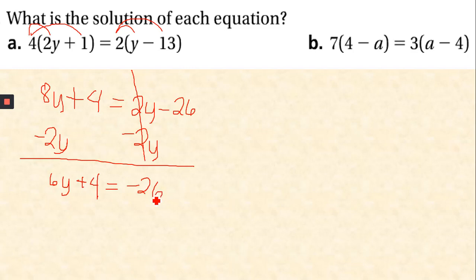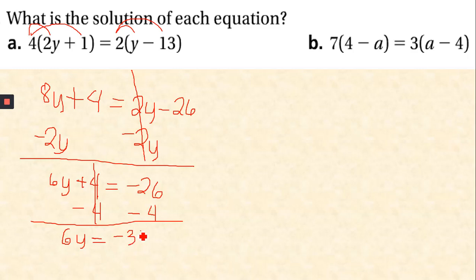26. Okay? You have here positive 4 on the left side of the equation. We need to get rid of this. So what is the opposite of positive 4? It is negative 4. Negative 4 on both sides of the equation. So you now have 6y. Positive 4 plus negative 4, that will be 0, is equal to negative 26 plus negative 4, that is